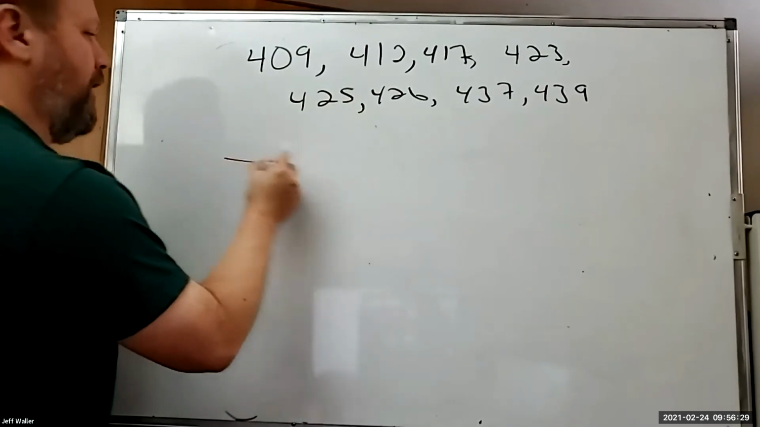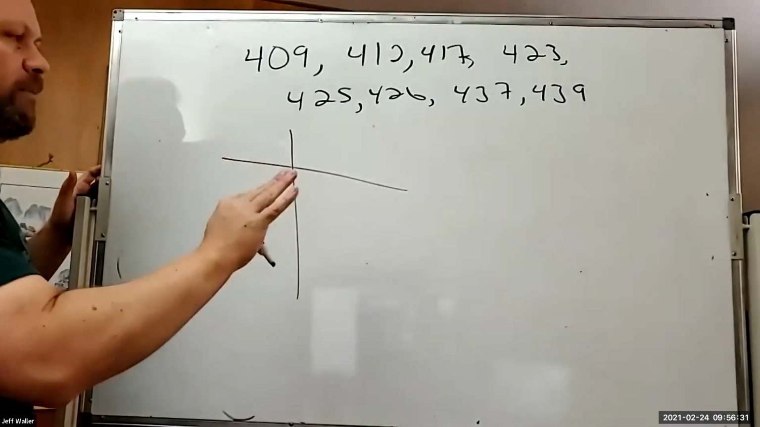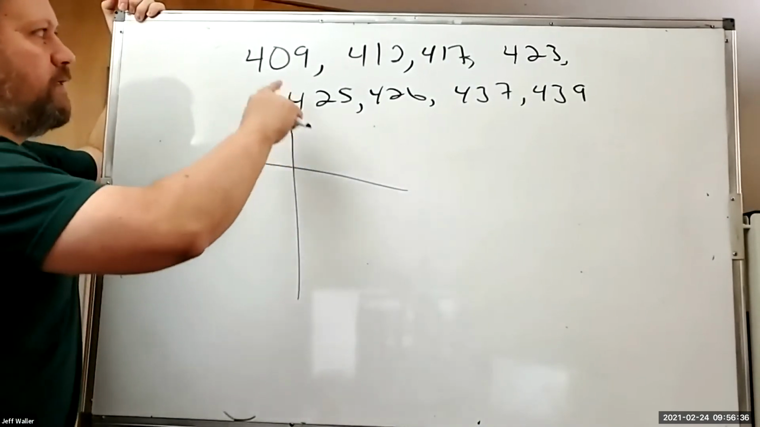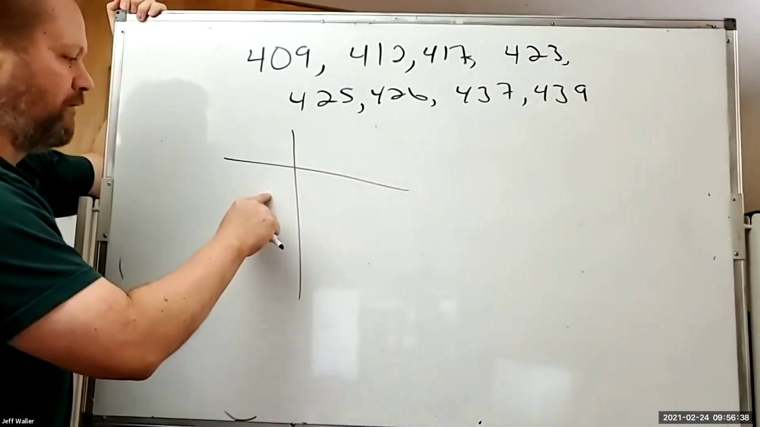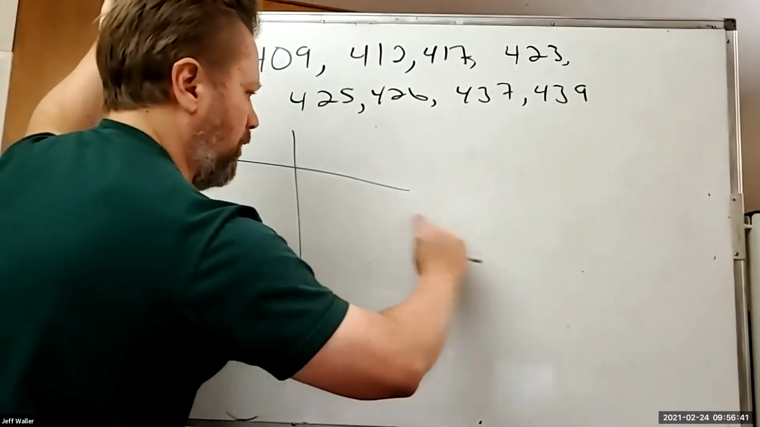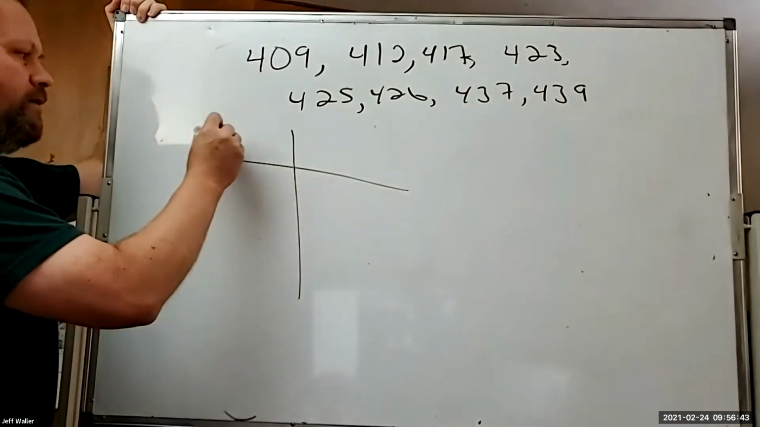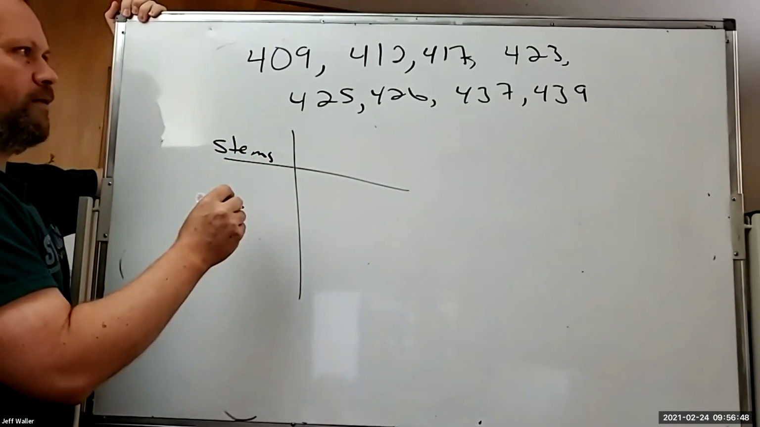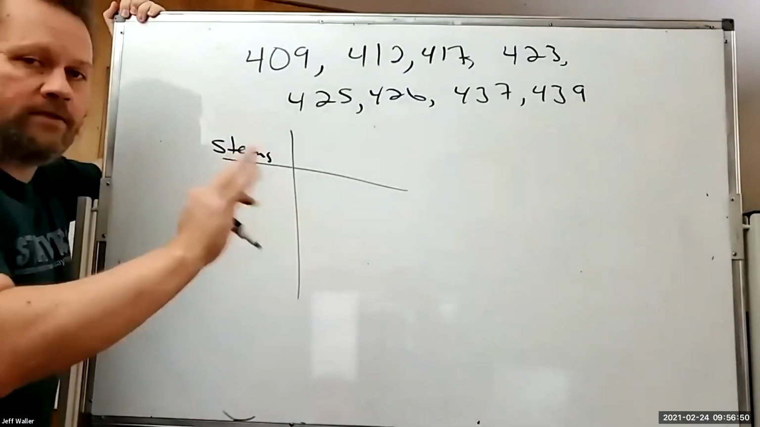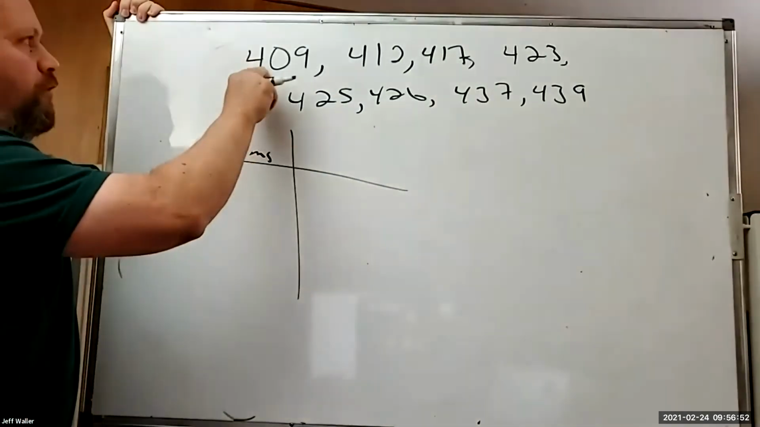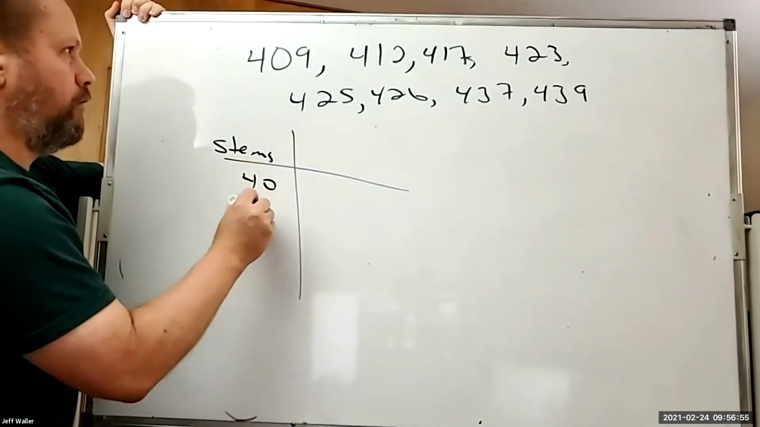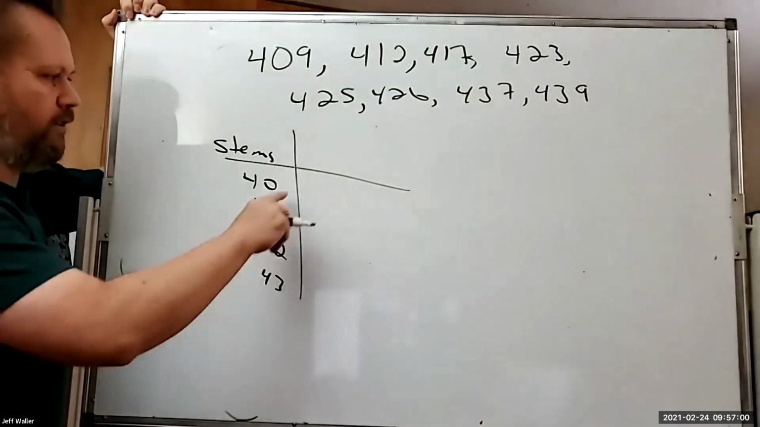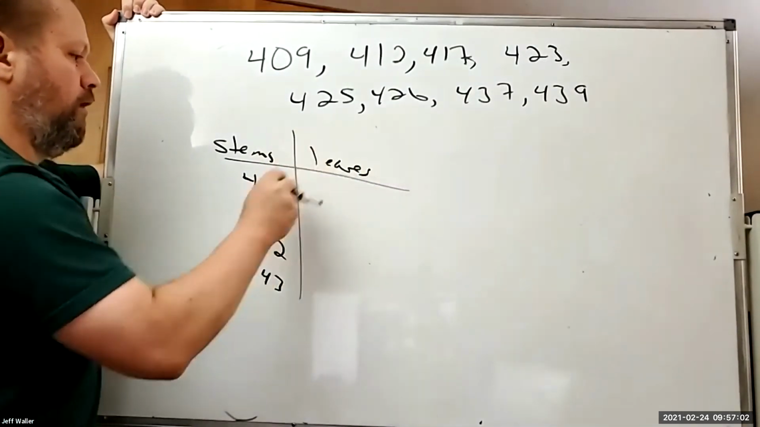Now, I really want you to get this idea. Stem and leaf is very simple and it's very flexible. Would it make sense to have my stem be 4? No, because then there would just be one big line. Can somebody see what I should make my stems? Yeah, like 40. Now I can use 40, 41, 42, 43, right? And then the leaves would be 409,